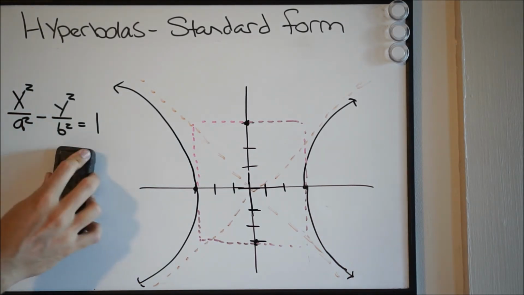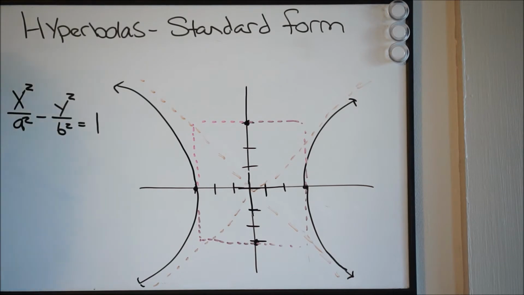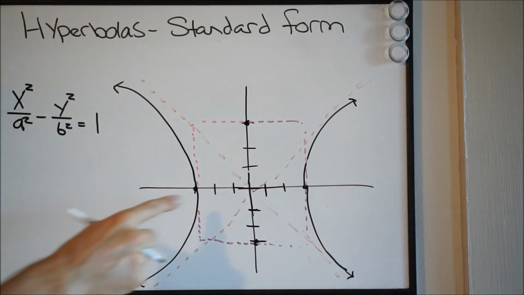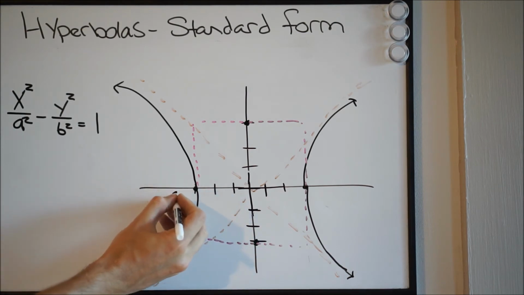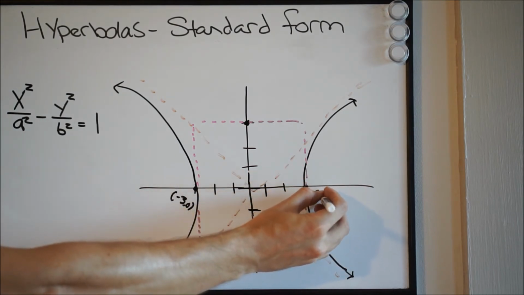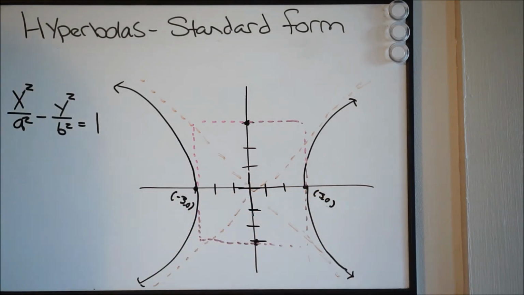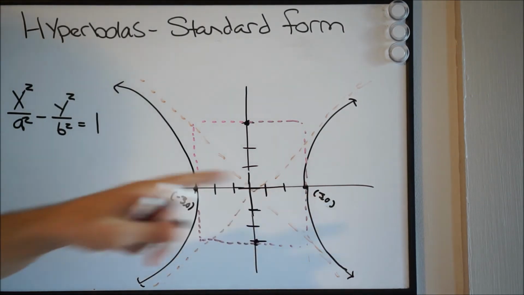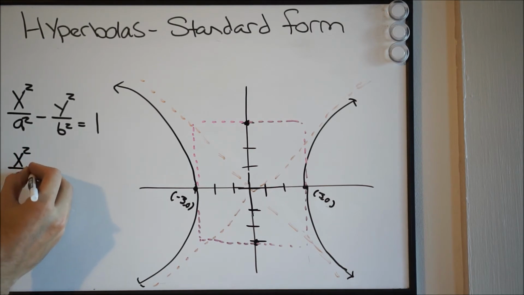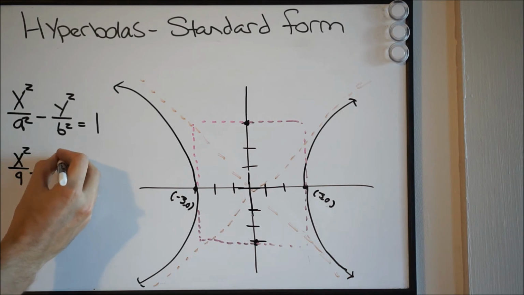So why don't we go ahead and identify our values. We know that this is the standard equation of a hyperbola that is horizontal. So if we can find the vertices on the transverse axis, that is going to be our a value. If we count here, this will be negative 3, 0, and this will be 3, 0. It doesn't matter which one you pick, because if you plug in negative 3, negative 3 squared will be 9, and 3 squared is 9. So we plug 3 in and we get 9. So we have x squared all over 9, minus y squared all over